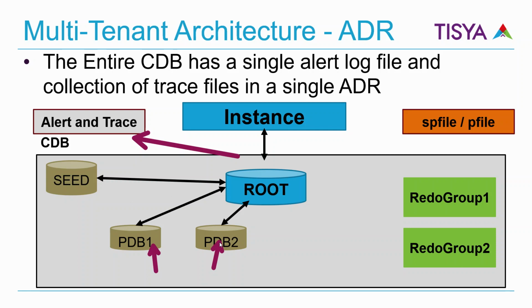So these are the most important architectural perspectives that I wanted you to know about. Of course, there are a lot many more features. Whenever I get time, I will put in more videos for them. I hope you got a good understanding about comparing the traditional non-CDB architecture and CDB architecture. But finally, when an application connects, it connects to a particular PDB as a user, and what it does there is irrelevant whether you are connecting to a PDB or non-CDB. The code still remains the same because you are accessing the schema within that PDB.